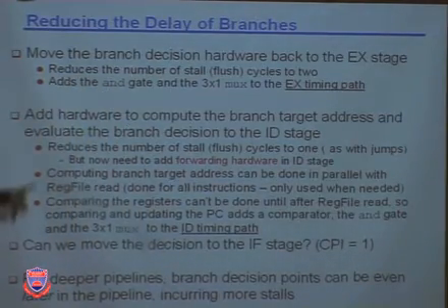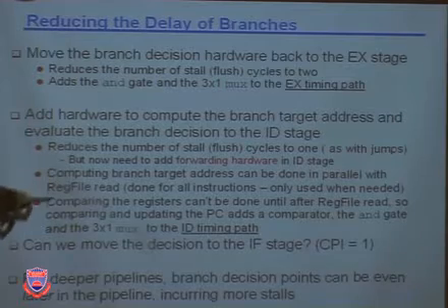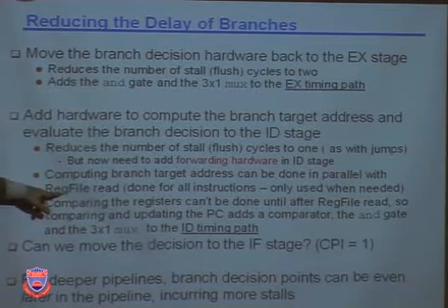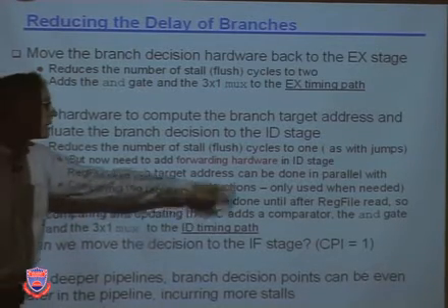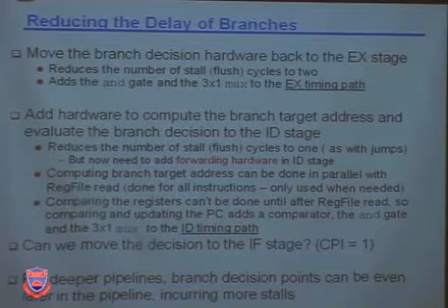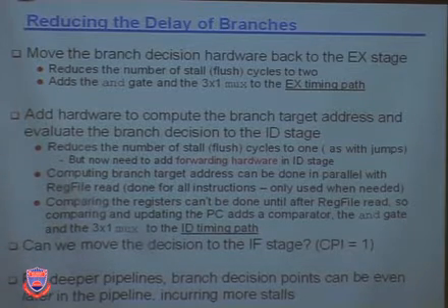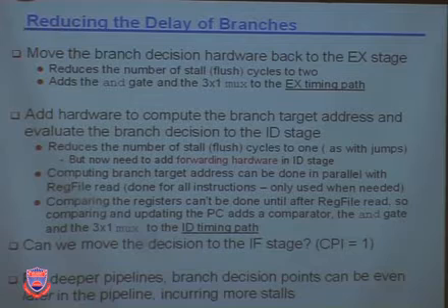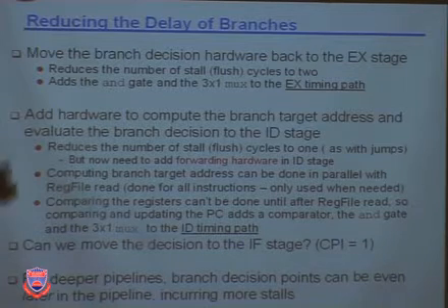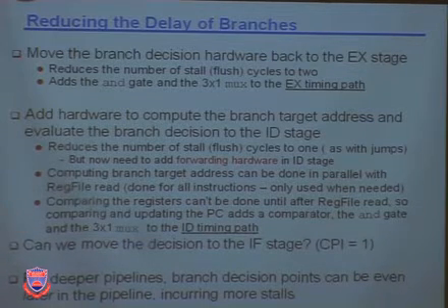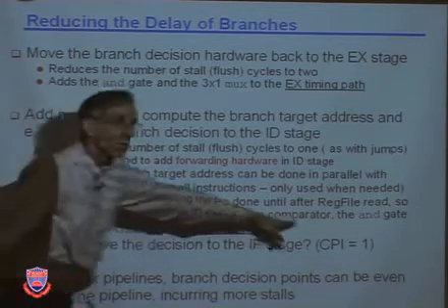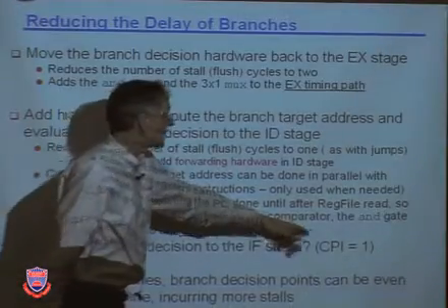So computing the branch target address can now be done in parallel with the register file read for all instructions. It's only used, of course, when it's needed, which is branch instructions. So we read the register file all the time, and we compute if the two registers read are equal or not all the time, just in case it's a branch instruction. Right? And so to do that, we're going to need a comparator, new hardware,